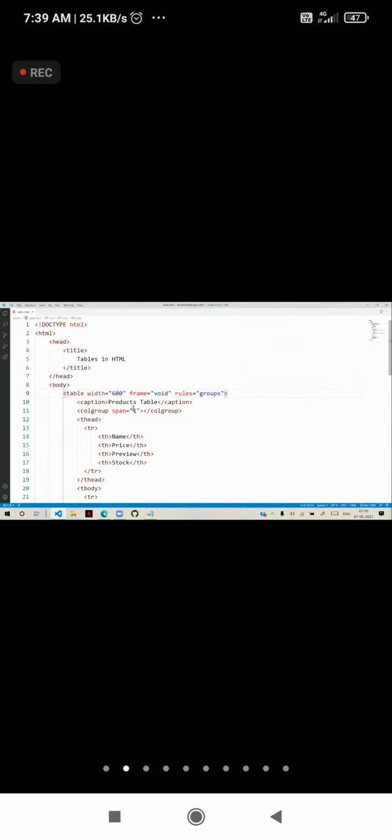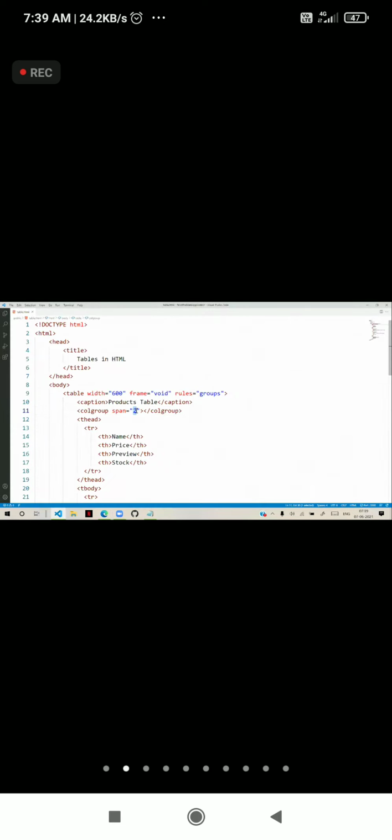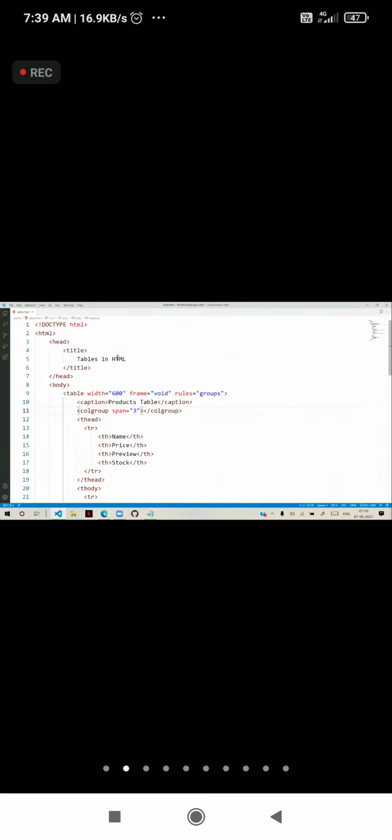Now, if I say col group span 2, now you can observe that clearly. So 3, you can observe that clearly. So not only with the style, without style also col groups appear, but with the frames and with rules, you can see them. Now you can give here frame as box. That means we have both frame and rules, and it will be like this now.